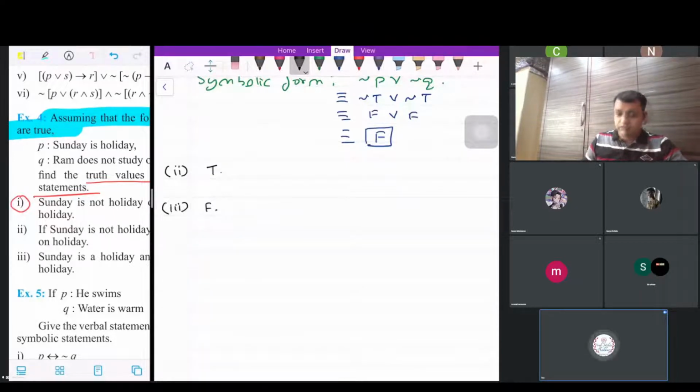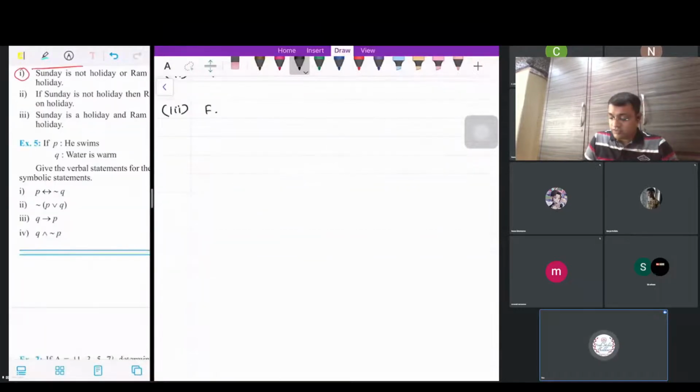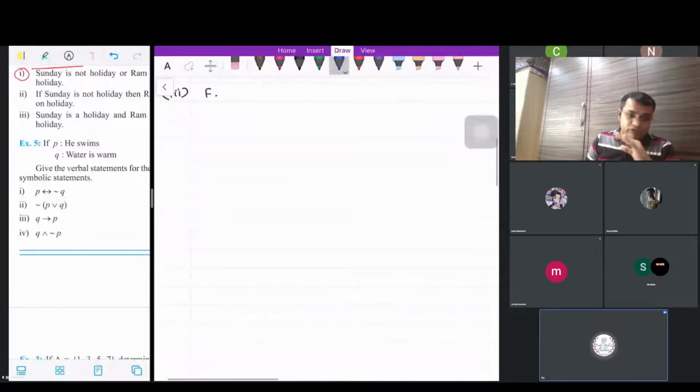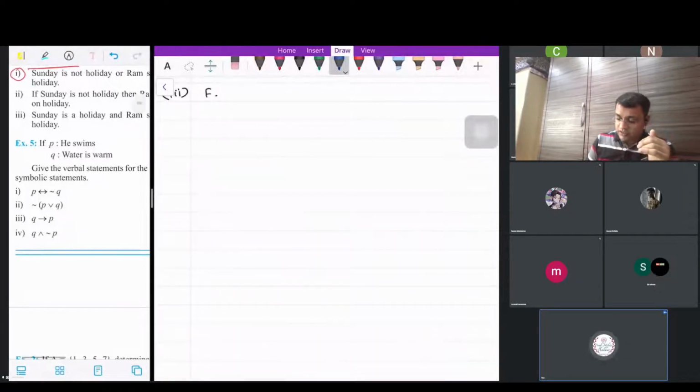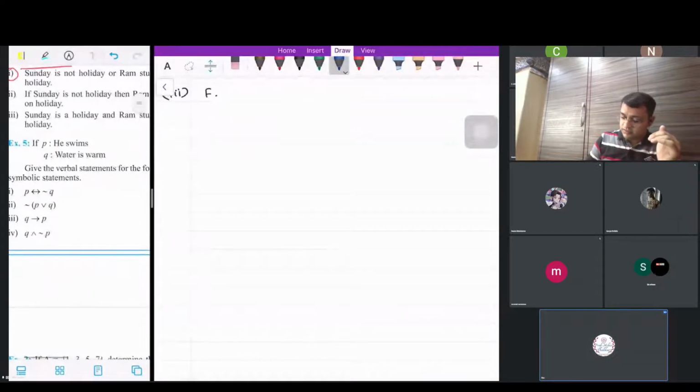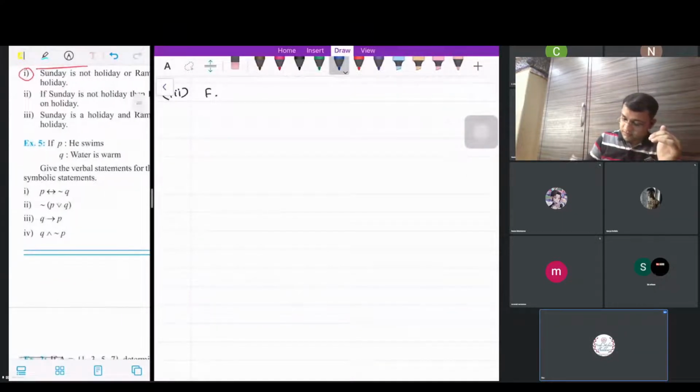It's a similar sum but an easier version of the fourth one. In the previous case, you were given the statements in the word format. You had to first convert it into the symbolic form and then write the truth values. In sum number 5, he has actually given that P and Q, they both are true. We don't have to worry about whatever the statement is. Just we have to consider directly the verbal format of that. It's very easy.